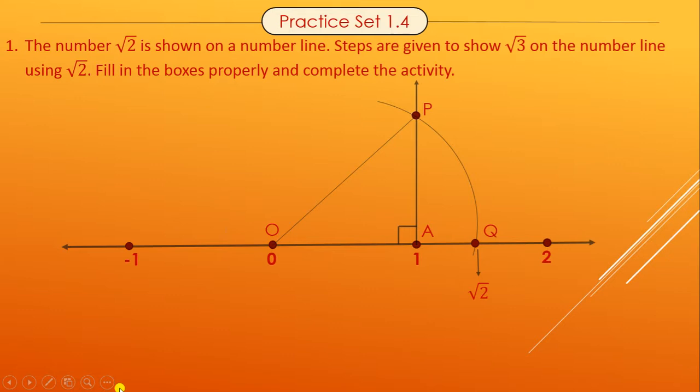When we want to represent the number square root of 3 on the number line, we must represent root 2 first, and then we draw a perpendicular on root 2. Take a point R on it at unit distance, join OR. Place the pointer of the compass on point O with distance OR and draw an arc. The intersection point of the arc and the number line is point C, and it is root 3.